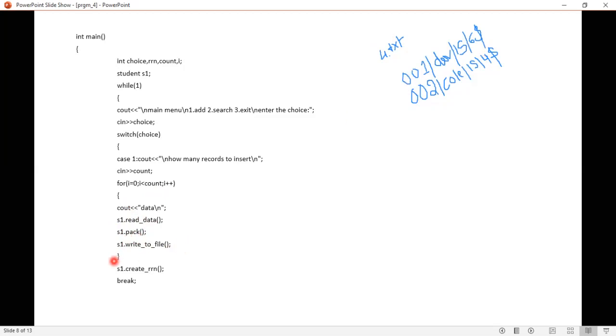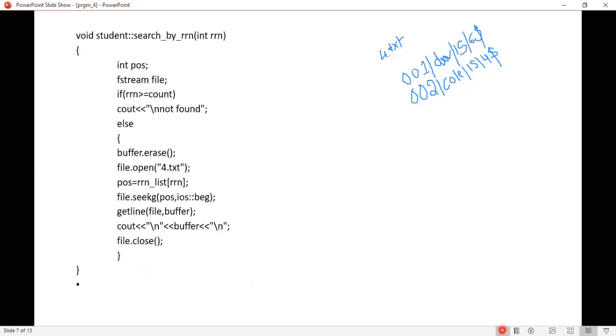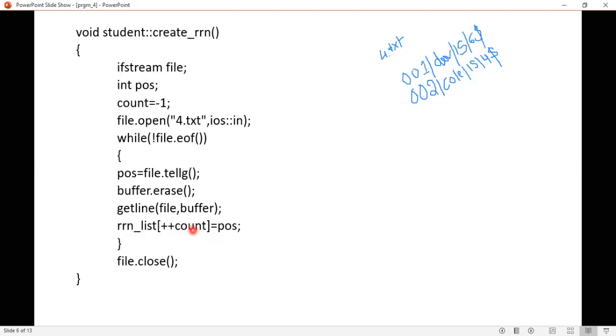Okay, next, you have to create the RRN list. S1 dot create RRN of, we'll see how to create the RRN list method. Void student create RRN of, relative record number list you are going to create here.